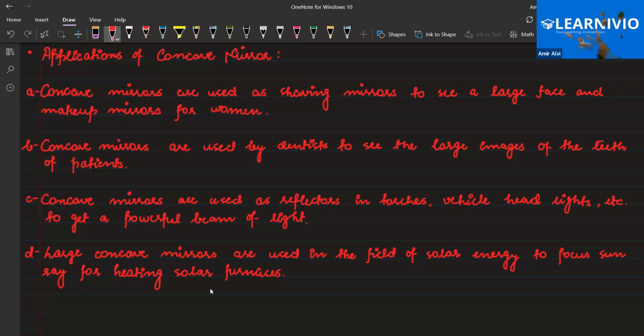So these 4 examples are enough, the applications, right? In the exams, not more than 2 will be asked. Okay, so don't get worried. We have done 4, so you can use any 2 of them. Okay. Now let's talk about the